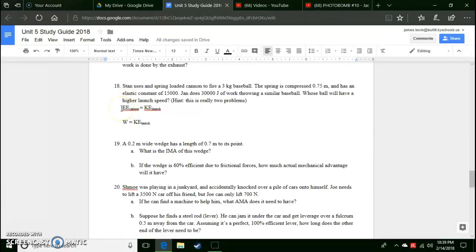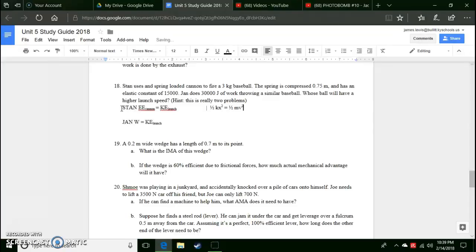So let us continue with what we were doing. Let's label these for what they are, Stan and Jan. So let's put my little divider line that I like to use, at least as of today. So EE equals KE, so we've got 1/2 kx squared equals 1/2